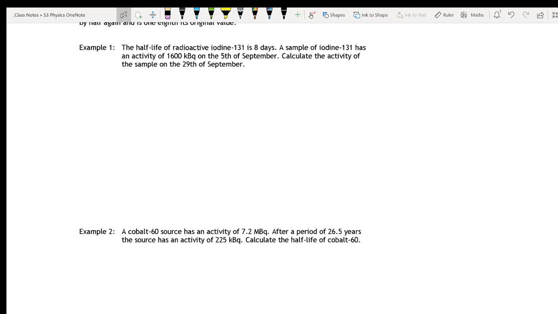Calculate the activity on the 29th of September. Okay, so the first thing to do when you're answering these questions is just to write down what you've been given in the question. So we know that the half-life